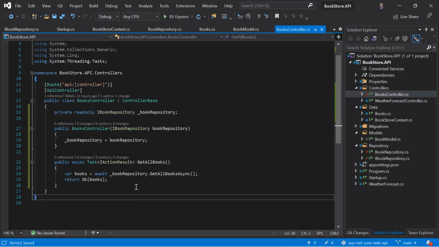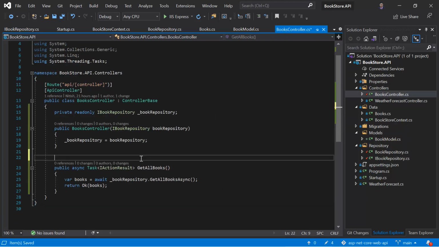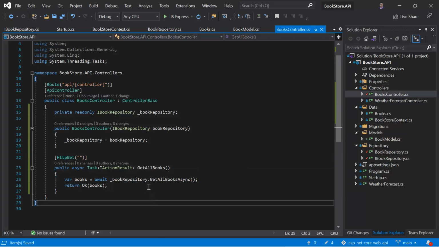Let's use the HTTP verb and routing for this action method. The HTTP verb is HttpGet, because we are getting all the records from the database. If you are using routing with these HTTP verbs, there is no need to use the Route attribute separately. You can write your route inside this HttpGet by using these parentheses. Let's assume I want to have the default route for this GetAllBooks. Now we are done. Now it is time to test this API in Postman.